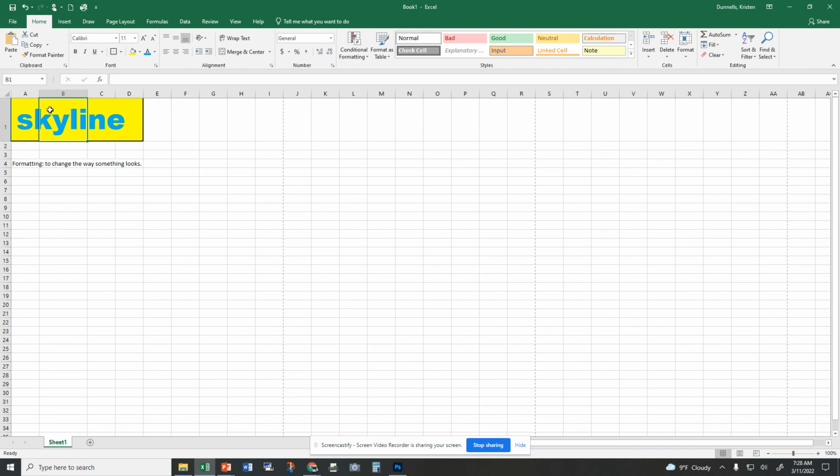Also, I can bold, I can italics, and I can underline. That's my font group. Now, copy, cut, and paste are very similar things that we do in other programs. So if I wanted to, let's say I select this text that I typed, if I click copy and I come down to row 10 and hit paste, it's the same. Now, one thing that is new